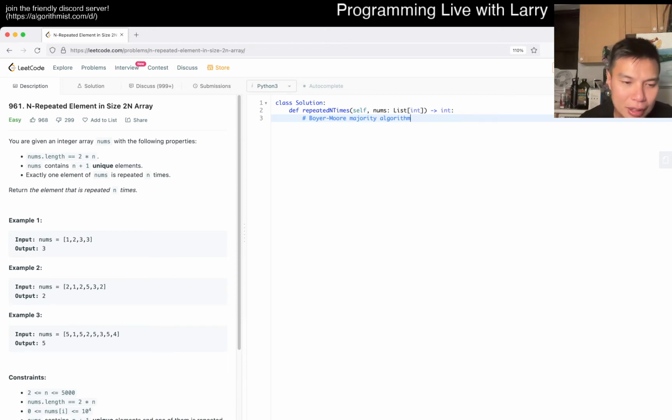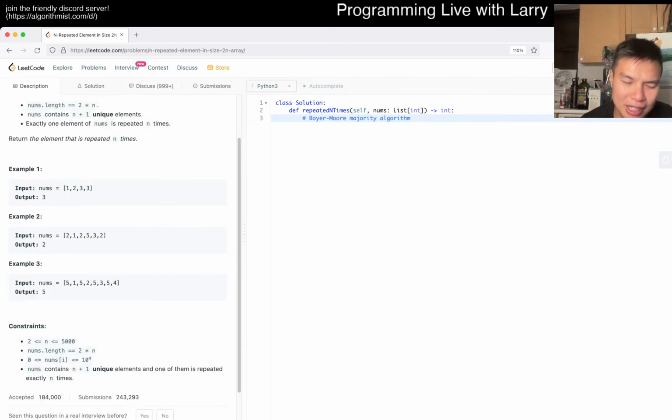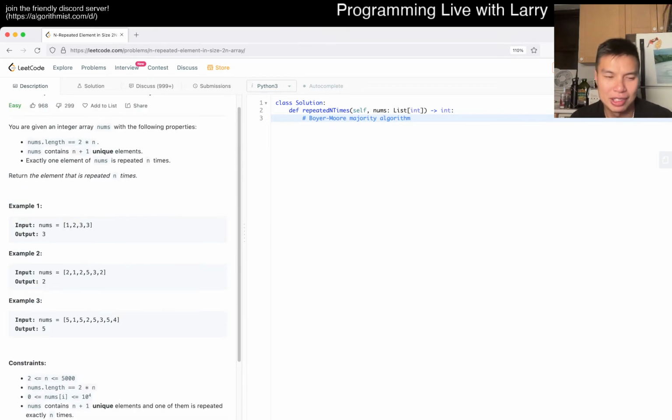I mean, there are a couple of ways. Of course, you can also sort. Given that n is 5,000, if you sort it, you just need a number that's the same as its neighbor, and that'll be good. You can also do an n squared, but why would you, right? And you can also maybe do a quick select. Maybe that's another way as well.